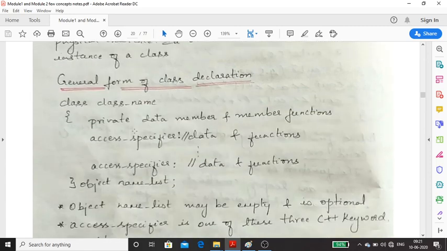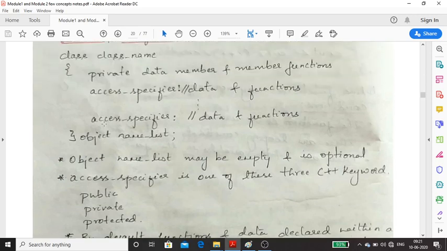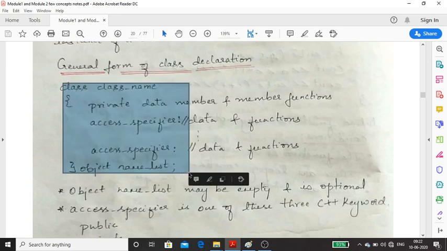Note there's a slight difference between the syntax of a class in C++ and in Java. Here we use the keyword class followed by the class name and the data members of the class, and that should end with a semicolon. If you want, you can write an object list, which should also end with a semicolon. The class will end with a semicolon.